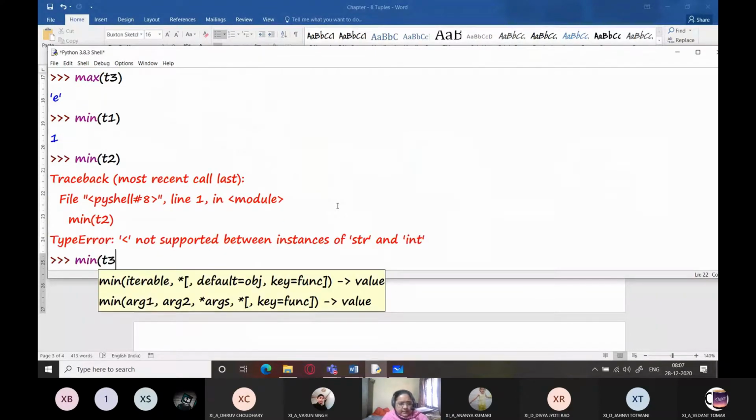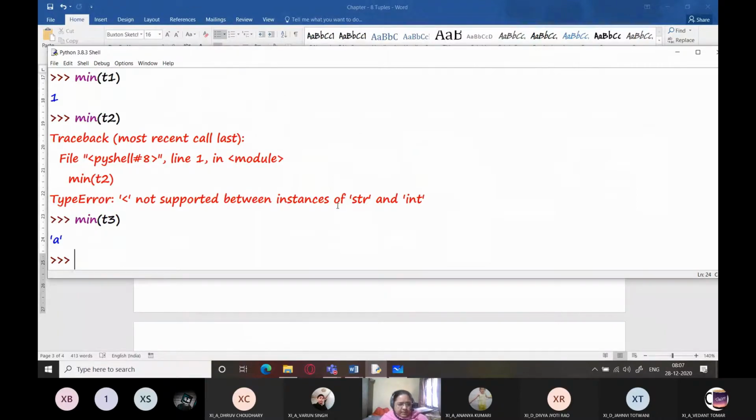And if I give min T3, it will give me the minimum value depending upon its internal ASCII value in the tuple, right? If I have capital letters and small letters both in a particular tuple, then of course the smallest element will be chosen from the capital letters. Why? Because their ASCII values are smaller than the ASCII values of lowercase letters.